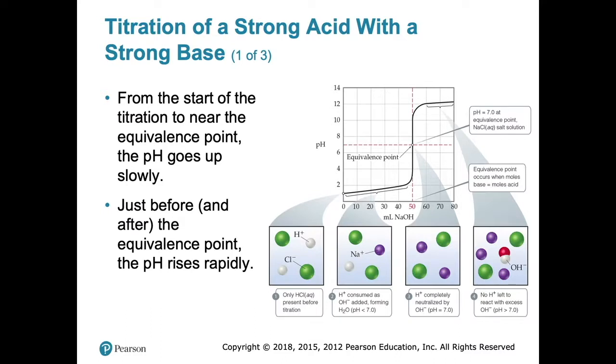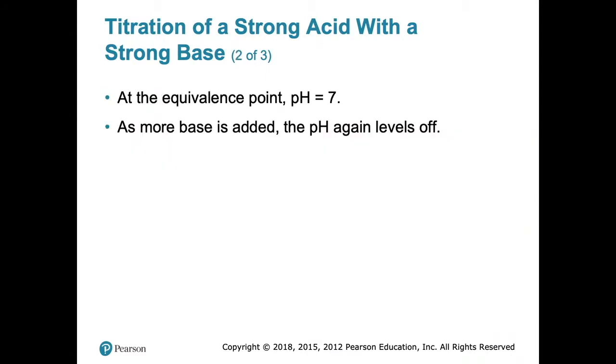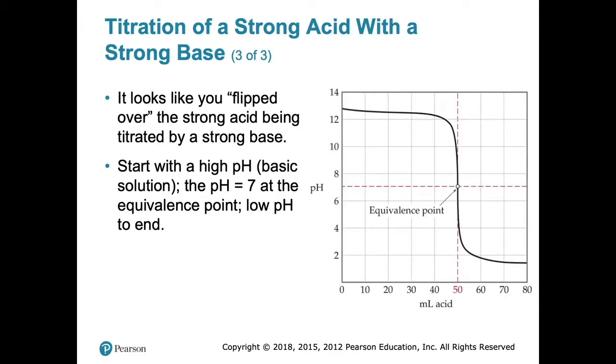So just remember that, at this point here, we have a pH that's less than 7. Over here, we have a pH that's more than 7, and here we have a pH that's 7. For both of these, depending on what the graph looks like, which is what you'll be doing today in lab. Actually, you're going to be doing this titration where you are going to plot these points using the pH meter.